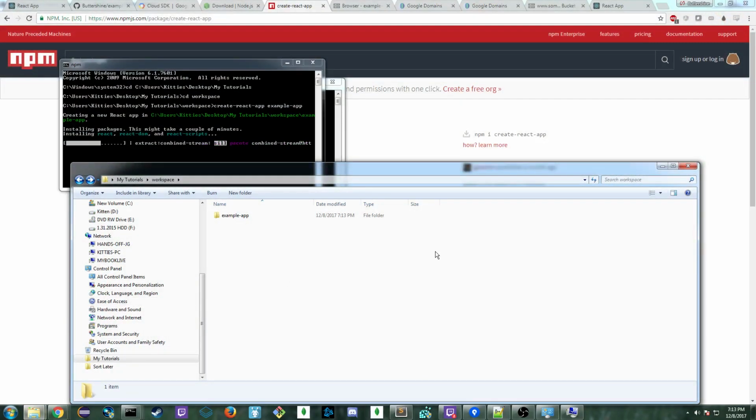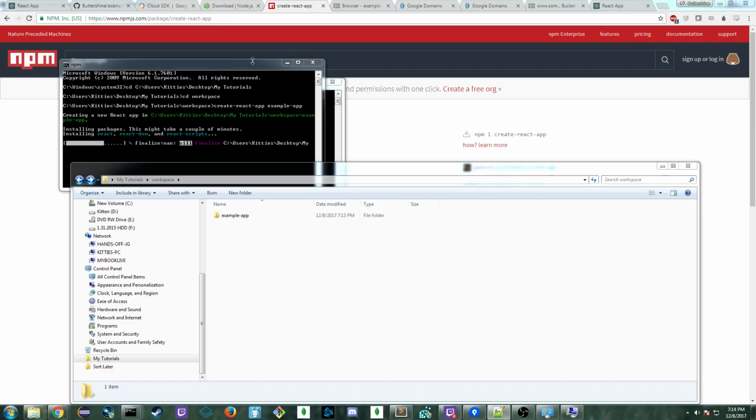Again, you don't need to use the same file paths as me. I recommend using just root or C and workspace. I'm just doing this for the tutorial. And once that's finished executing,